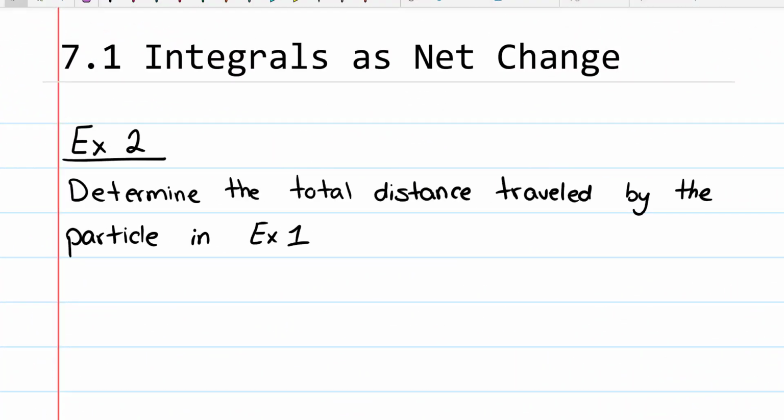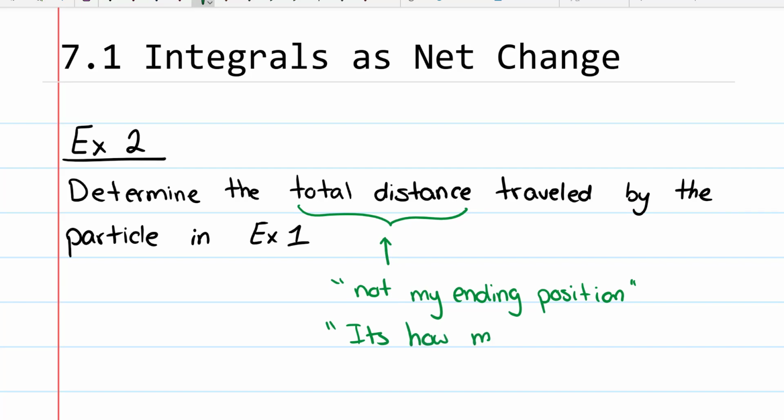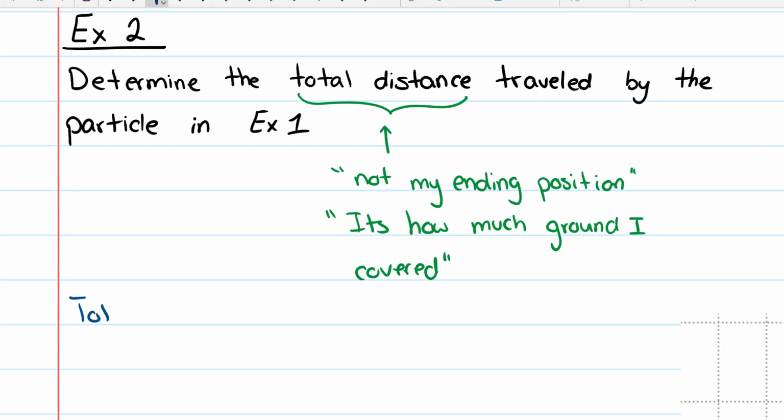Example 2. Determine the total distance traveled by the particle in example 1. So in example 1, we determined the final position, but we didn't really care about where the particle was in between, if it moved forwards or backwards. So in this one, total distance is not the ending position. It's more to be thought of as how much ground I covered. So in order to find total distance,